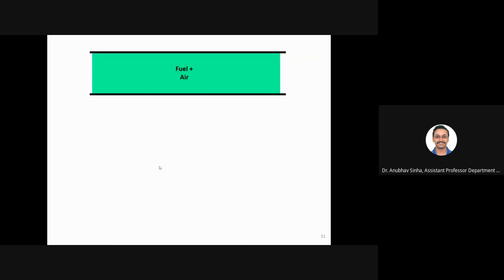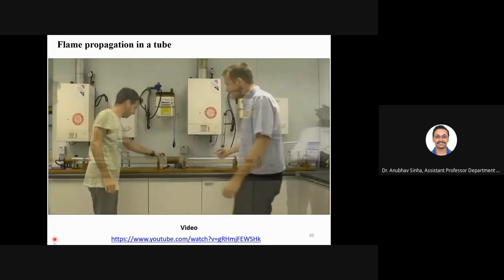Moving on. Schematically, what you saw in the last slide, how can I show it in a diagram? I'll say that I have an open tube. I fill it with a fuel and air mixture. Now I put a spark. To make it simple, we will take some ideal assumptions. Let us say it is a very straight flame front. Actually, it is not. If you remember the last video, it is not a straight flame front.